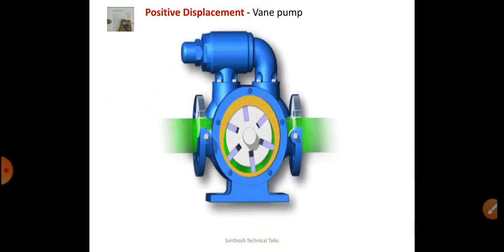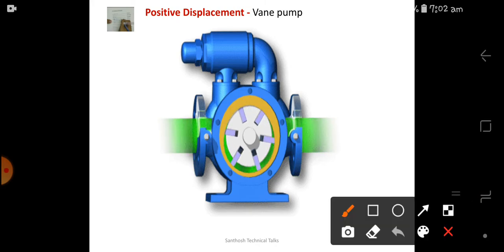And next is a vane pump. Instead of the gear, this is the single rotor type, where vanes are used. Here if you can see, there is an eccentric relation between the rotor and the stationary casing. Here the vanes are rotating. At the bottom of the vanes, there is spring control. The spring is used to make the vane always contact the casing. So here is the low pressure end.